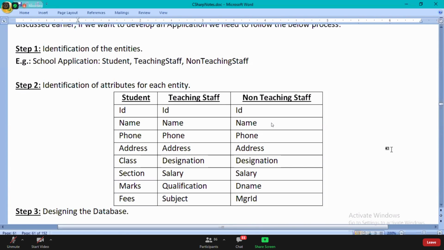Count and tell me. Yeah, 8 attributes. So each class is going to have 8 attributes in this case, right?